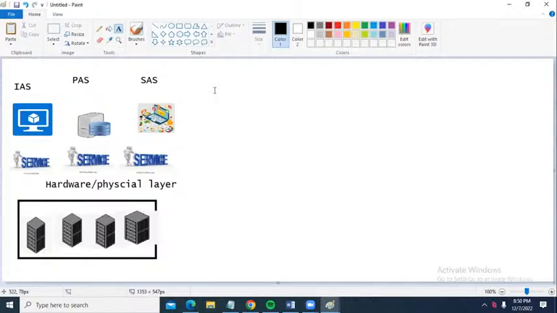But in every cloud platform, database will be available as a service. No need to purchase anything, no need to install any operating system, no need to launch any virtual machine, no need to do any kind of activity. Simply by specifying a few details, your database server will be launched within 3 to 4 minutes. That comes under the PaaS category, platform as a service.